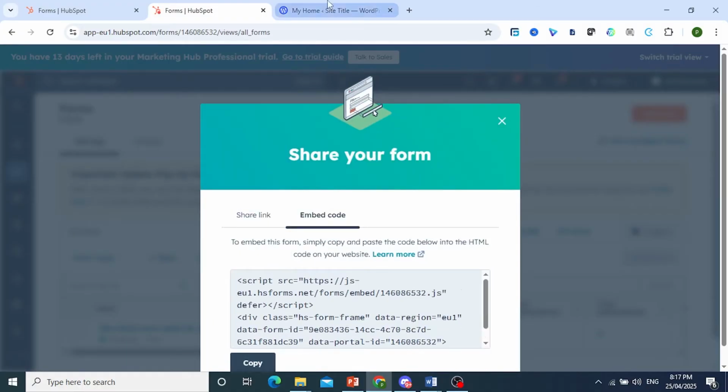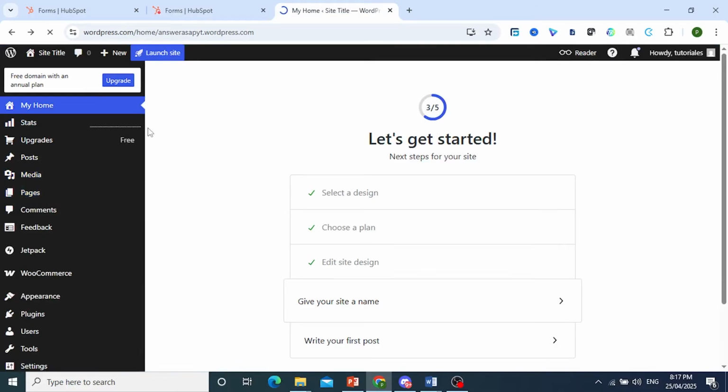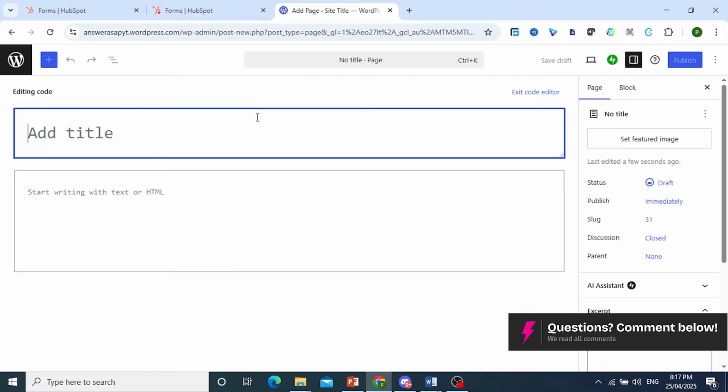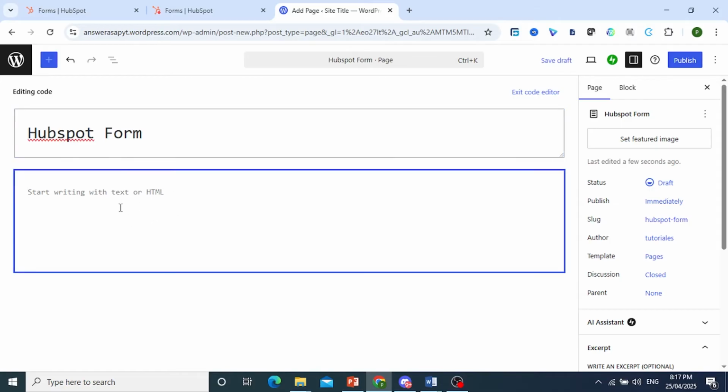Okay. Now we come back to WordPress, come here over to pages, click on add page, right? And we'll be adding a form page on our website. So let's go ahead and call it HubSpot forms, right? HubSpot form. And if we want to go ahead and start writing with text or HTML, make sure you click